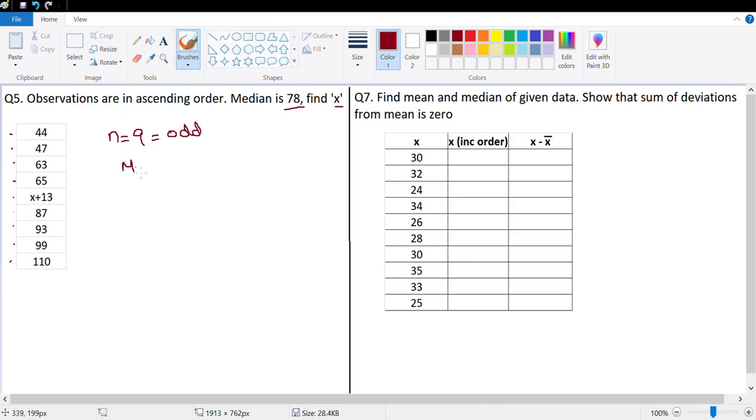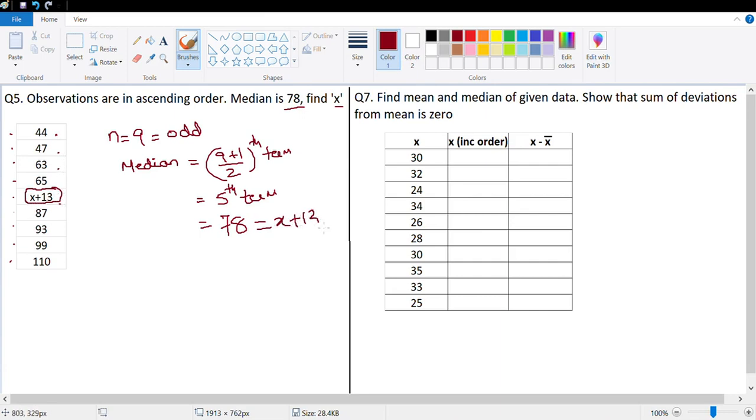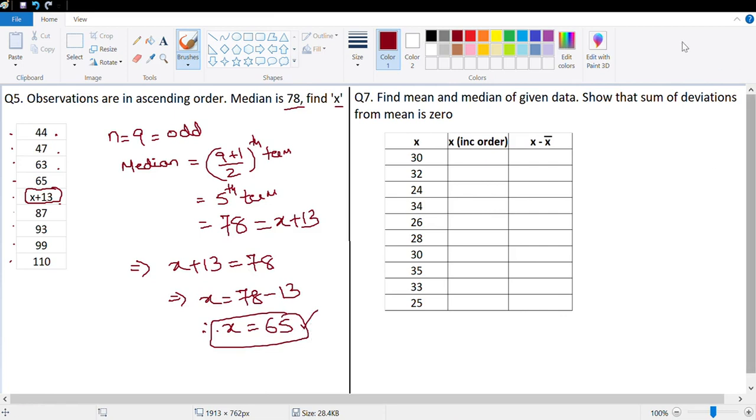In this case, median is equal to (9 plus 1) upon 2th term, which is basically the 5th term. In this case, this answer is 78, and this is 1, 2, 3, 4, 5, and this is x plus 13, which means x plus 13 is equal to 78, which means x is equal to 78 minus 13. Therefore, x is equal to 65. So the value of x is 65. Simple question. Next,